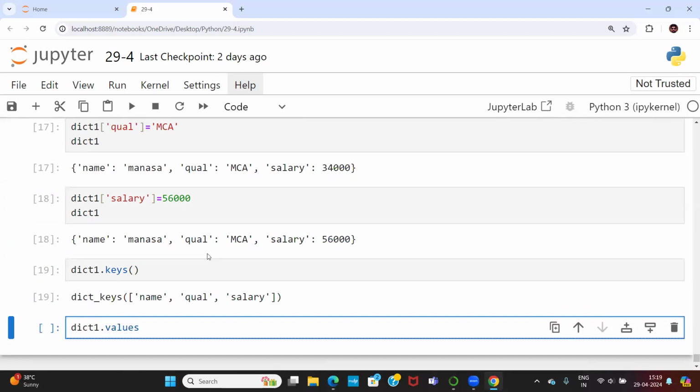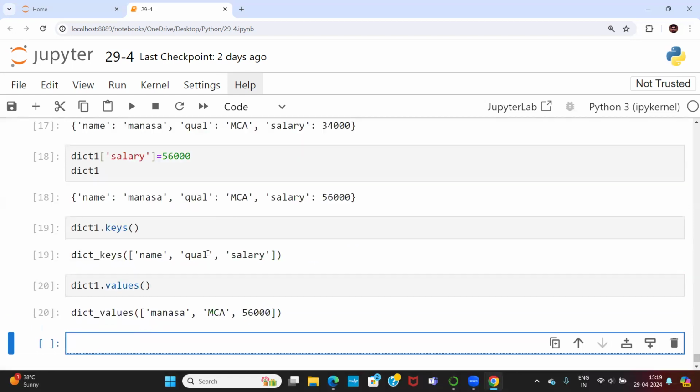What are the values which are going to be available inside the dict? I want to gather Manasa and MCA 56,000, which is going to be gathered using the list and the tuple list. Okay, so you may give different things. For example,